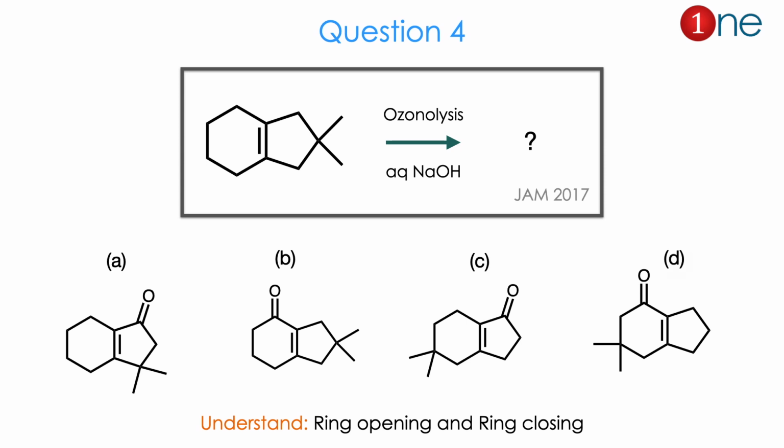They ask you to find the reaction. 4 products are given. The products differ in where the methyl groups are positioned, whether in the 5-member ring or in the 6-member ring, or where the ketone is placed, whether the ketone is on the 5-member or 6-member ring. So from the reactant to product you might realize definitely ring opening occurs and further it closes. The answer is D. Let us see how.